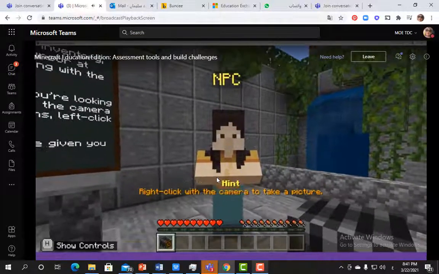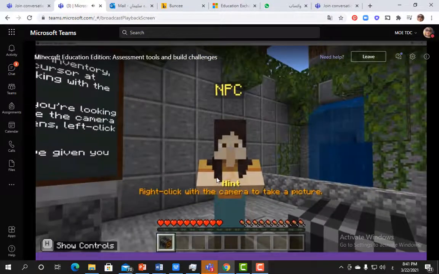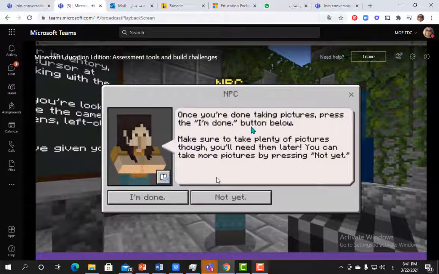And if you want to interact with an NPC, all you have to do is hover your cursor over them until you see NPC over their head, and then right-click, and it will bring up their text box. Now, one thing I want to point out while we're here is there are some awesome accessibility tools built within